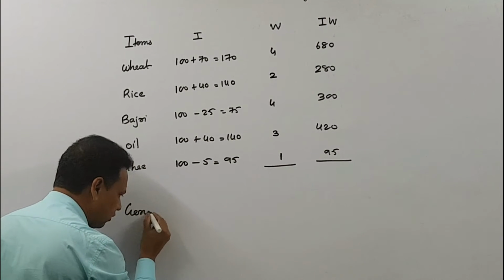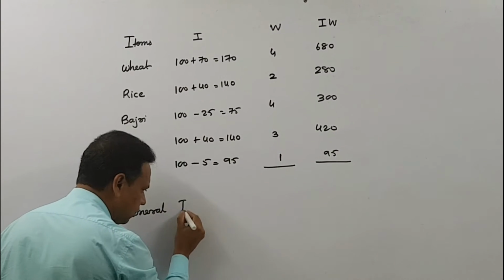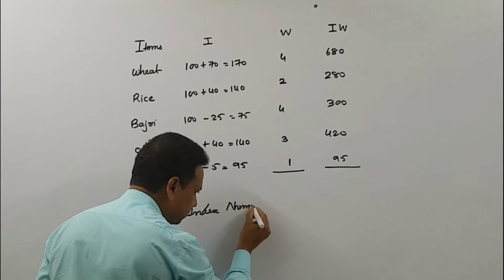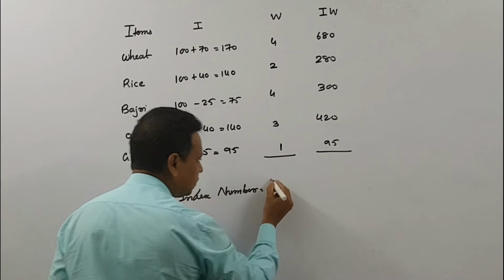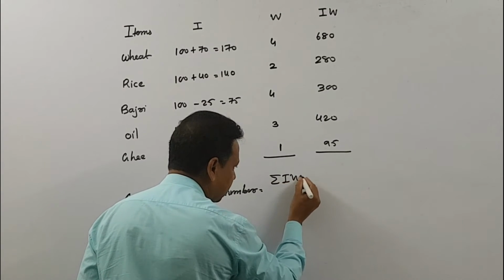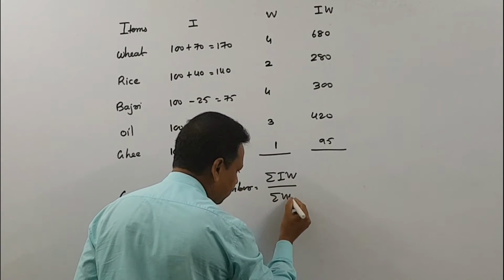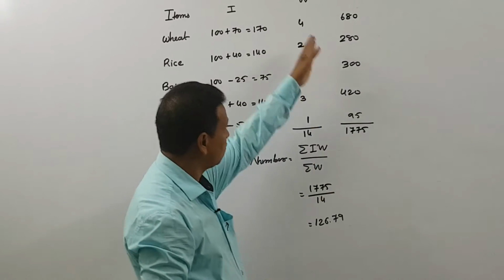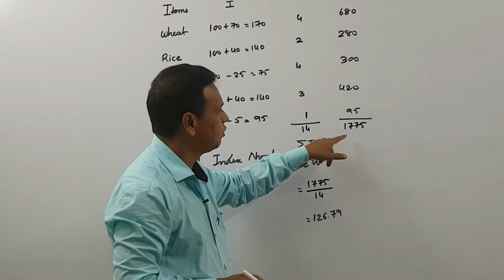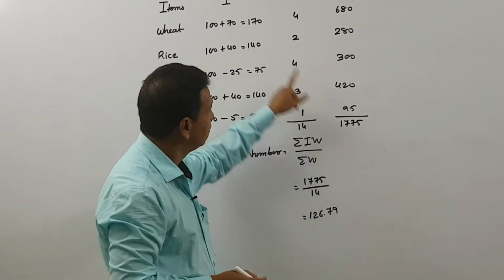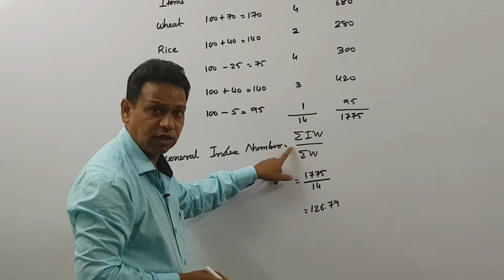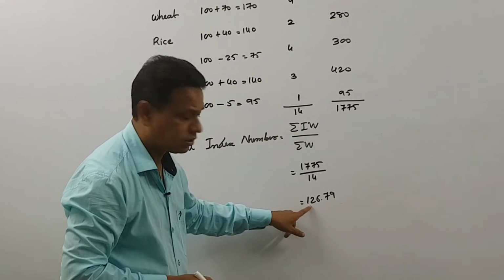So I have to write now here the general index number: sum of I W divided by sum of W. My dear friends, after getting totals of both the columns, sum of I W gives us 1775, sum of W we have 14, and after putting the amounts in the formula we are able to get our answer, that is